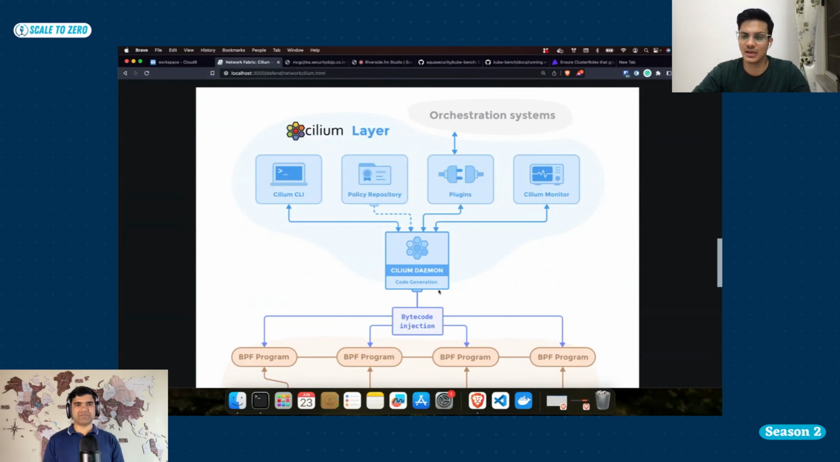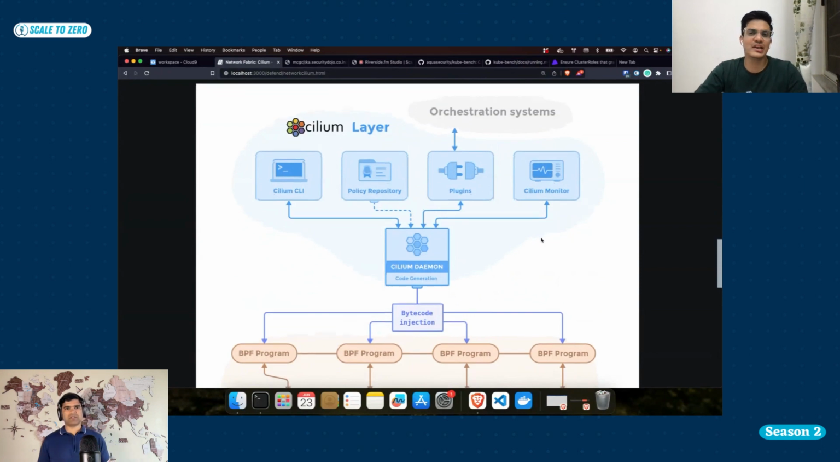There we also have a Cilium daemon, which is the brain of Cilium, and it communicates with the Cilium CLI. Like we have kubectl for communicating to the Kube API server, similarly, we have the Cilium CLI. If you remember from the beginning, I used cilium install to install Cilium into the cluster. So Cilium provides a CLI. Then we can also have plugins and Cilium monitor, which is the Hubble UI,